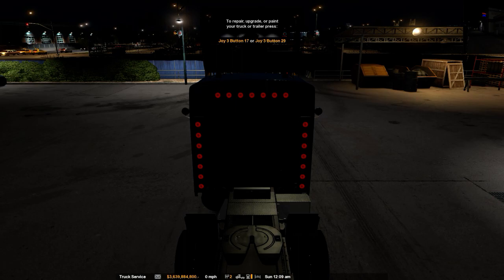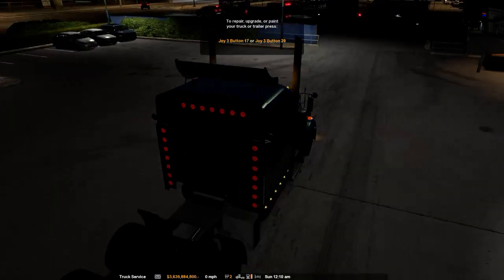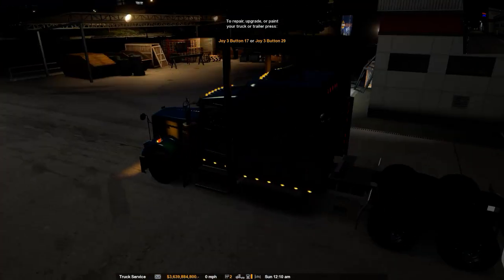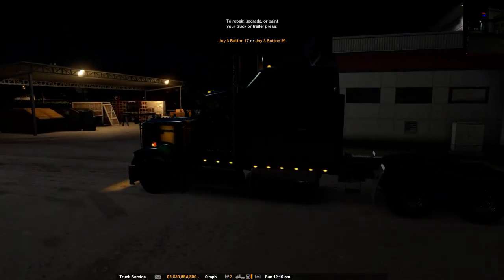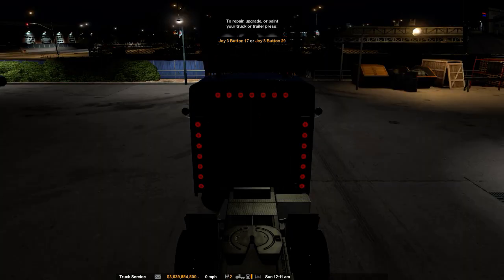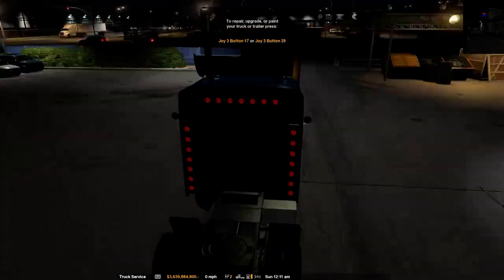Start the truck up here. Now, this sounds like exactly the real truck. What I'm going to do is drive over to my warehouse and pick up the trailer that I'm supposed to pick up. Look at all these lights on here though, I just want to point that out real quick. But I'm going to pick up the trailer I'm supposed to pick up, and then,